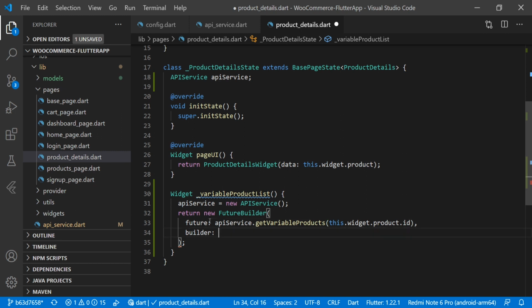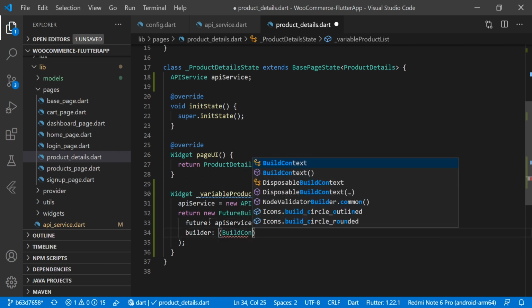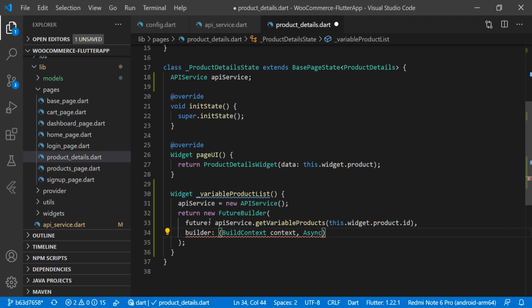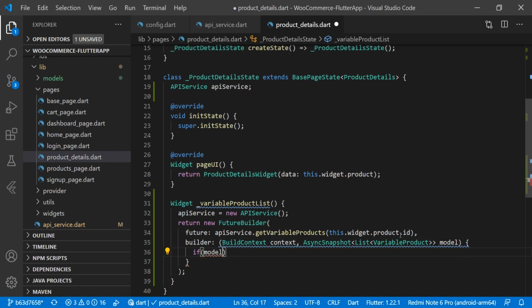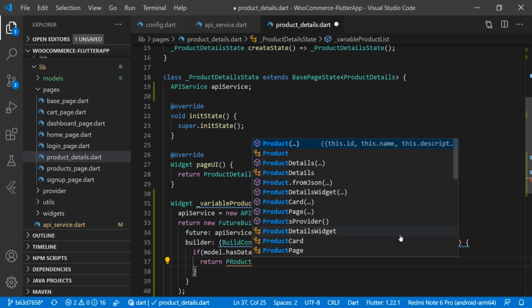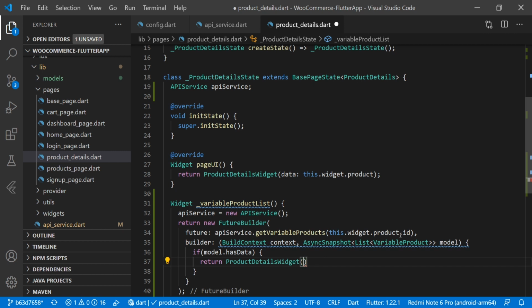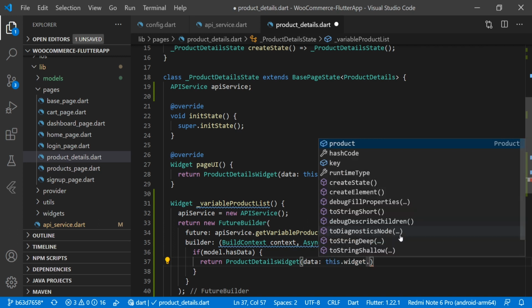Then in the builder we will have BuildContext context, AsyncSnapshot snapshot, and here we will pass List of VariableProducts, and here we will check model.hasData. Then we will return here ProductDetailWidget, and here we will pass data. Inside the data we are passing here this.widget.product,